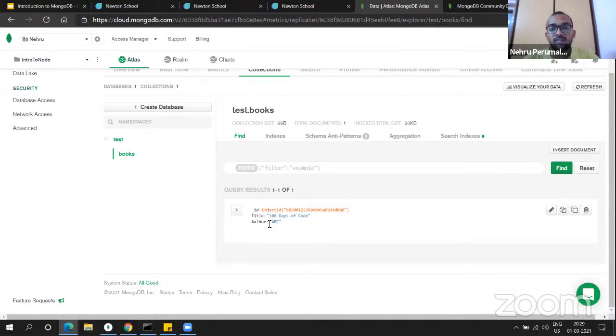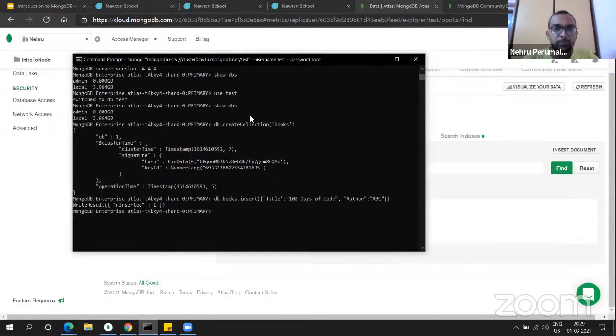The other key is author. Its value is ABC. So these are the basic operations that we can perform. These are broad implementations and functionalities that we can use. So this is the basic understanding of how we can